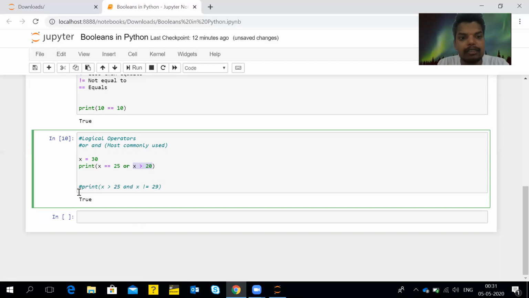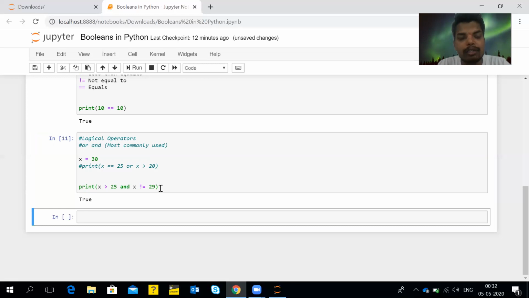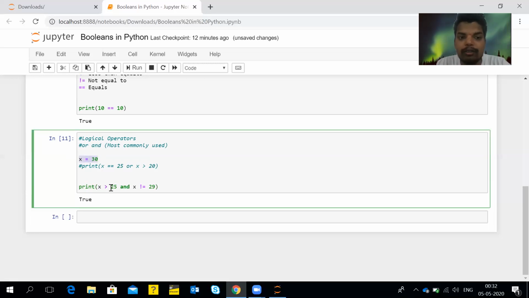The condition is different for the AND operator, where both conditions should be true so that we get the result as true. So here we'll check the end result. When we have x equal to 30, for sure it is greater than 25 and it's not equal to 29 also.